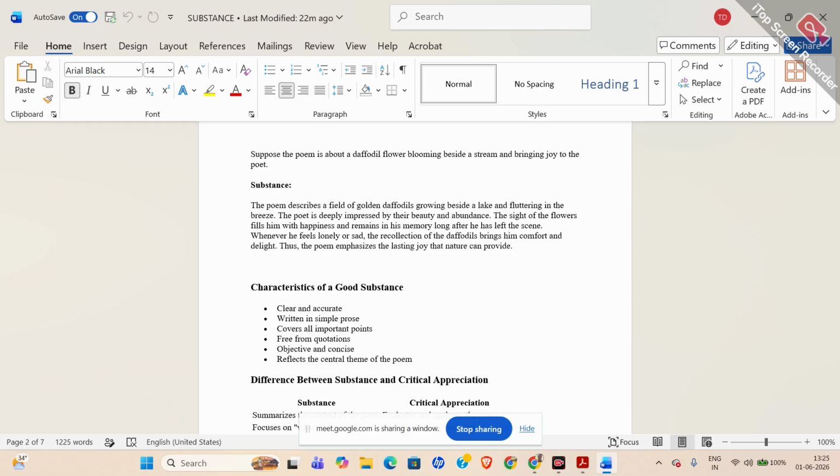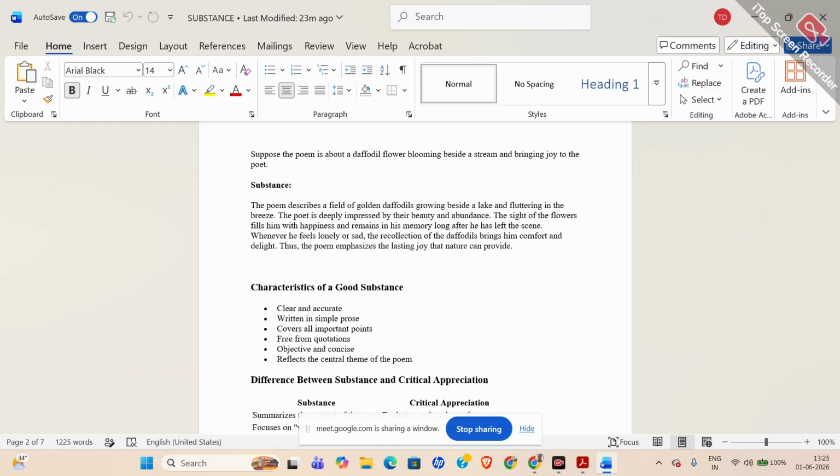The poem substance ছোট করে এরকম হবে, the poem describes a field of golden daffodils growing beside a lake and fluttering in the breeze. এটা হচ্ছে বিষয়বস্তু। কবি কি দেখেছেন, একটা ফিল্ড অফ গোল্ডেন ড্যাফোডিলস, গোল্ডেন কেন, ইয়েলো রঙের, ড্যাফোডিল ফ্লাওয়ার ইয়েলো রঙের হয়। The poet is deeply impressed by their beauty and abundance. The sight of the flowers fills him with happiness and remains in his memory long after he has left the scene. So, what the poem says, or the poet is saying in the poem, that he was deeply impressed by